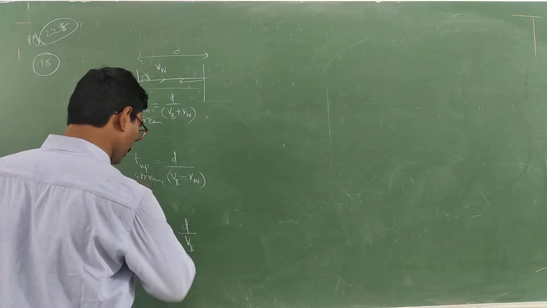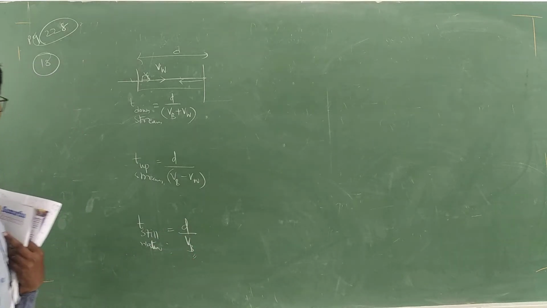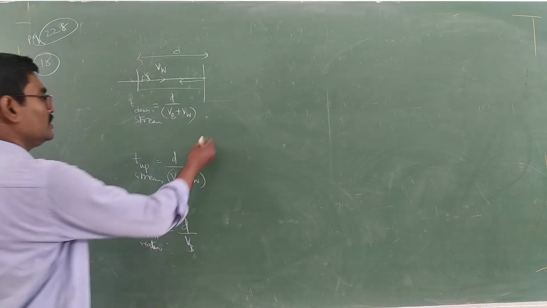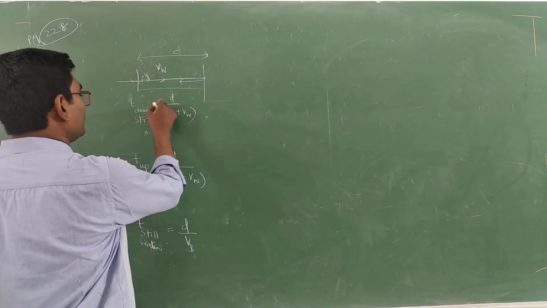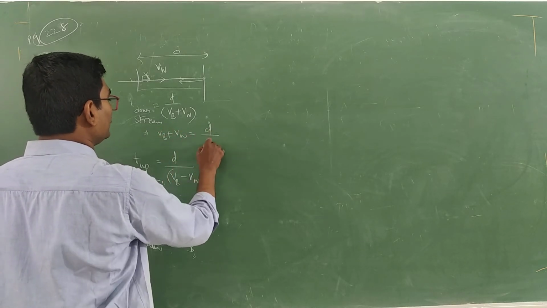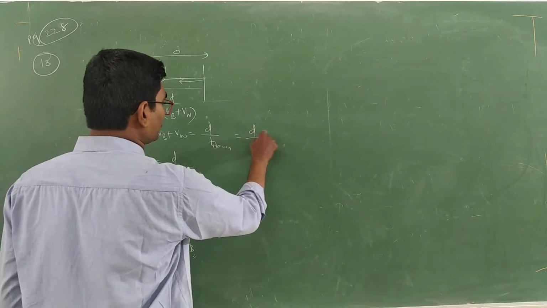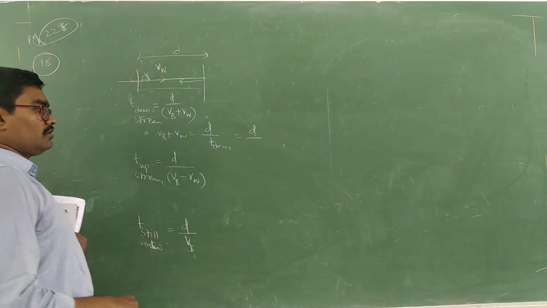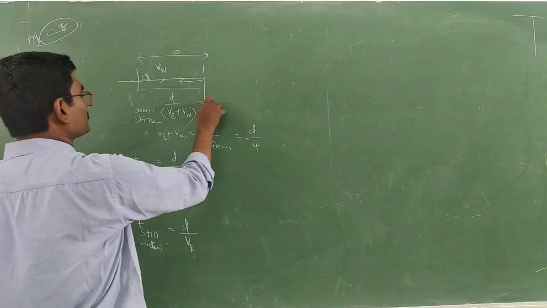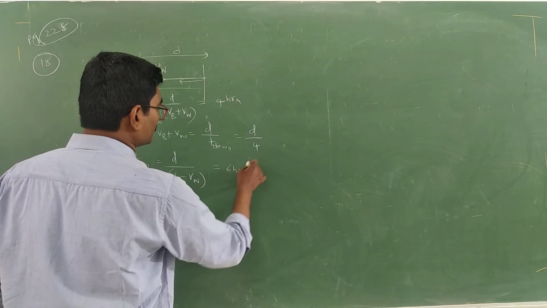Distance by velocity of boat over. So that means I need to calculate VB, the velocity of boat with respect to ground. Okay, I want to calculate this. From this, interchange these two. VB plus VW is equal to what? D by T downstream. What have they given? Time, D by 4. 4 hours or 6 hours? 4 hours. The time taken for downstream is given as 4 hours. Upstream, 6 hours.